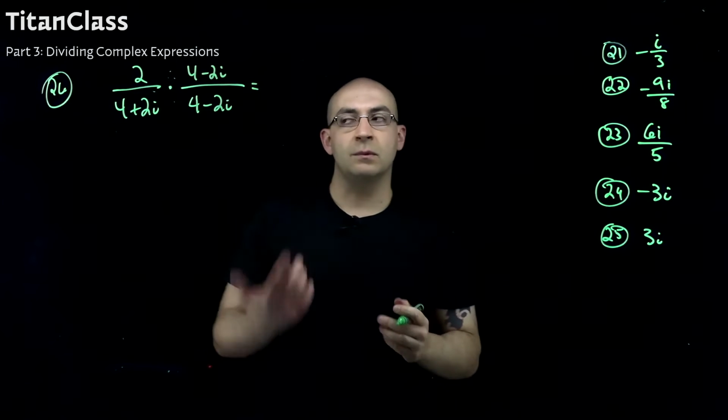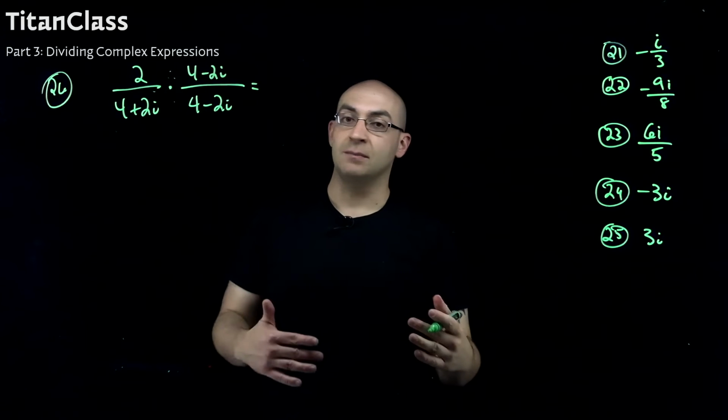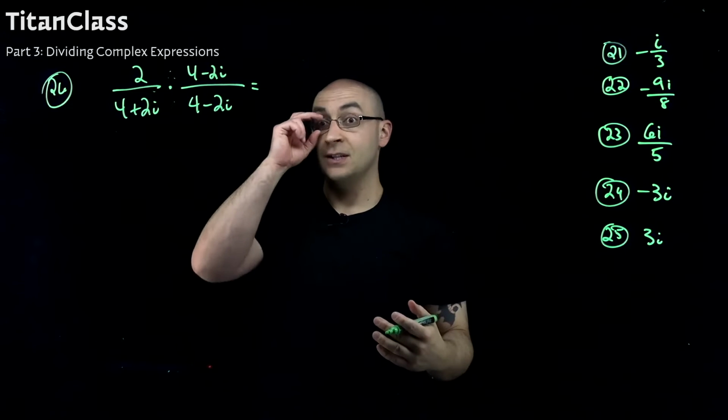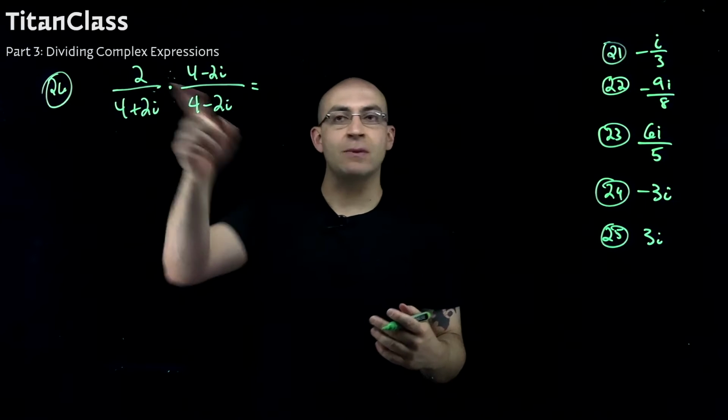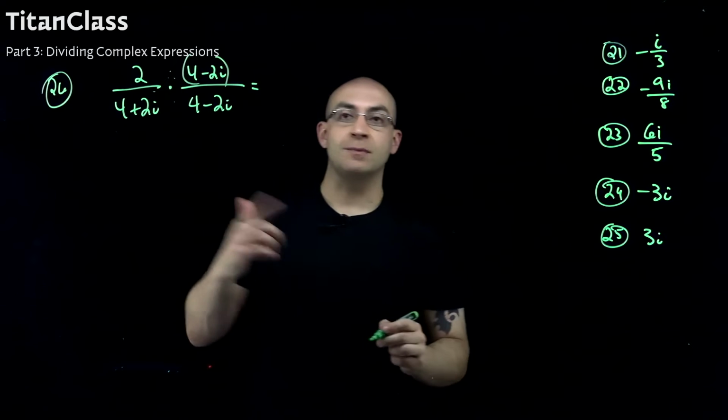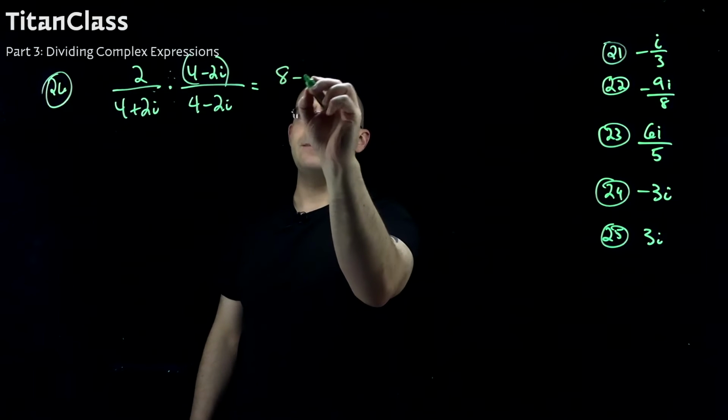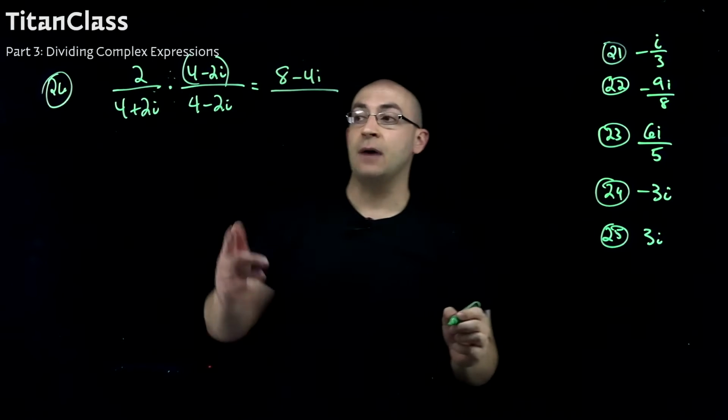Now again, when we divide these things, it's really way more multiplication. It's like actually no division, right? So it's a little misleading. So we're going to distribute that 2 to both terms on top. This is going to be 8 minus 4i. That's the top. Now, the bottom,